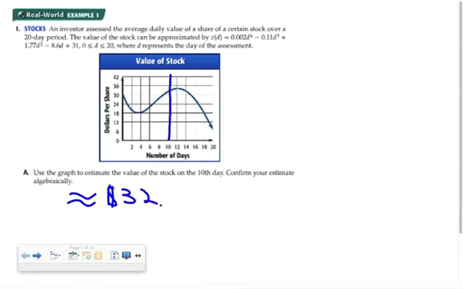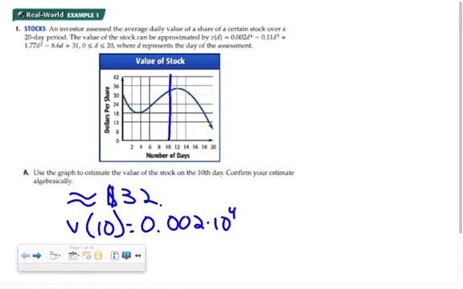So that's our estimate. And then it wants us to confirm our estimate algebraically. Well, if d is 10, then when I plug in 10 for d, I would get something close to $32 if I'm confirming my estimate. If my estimate is completely wrong, then I'm going to be nowhere near $32. So what you're going to do in your calculator now is to find the v of 10, and that means plugging into your calculator all of this loveliness,